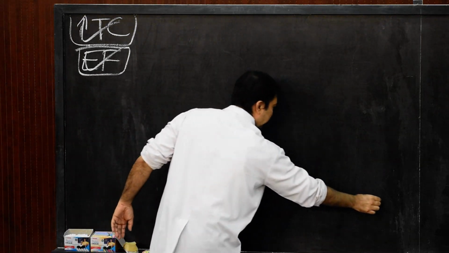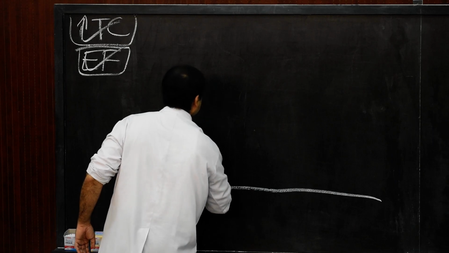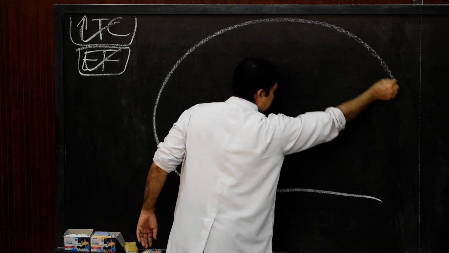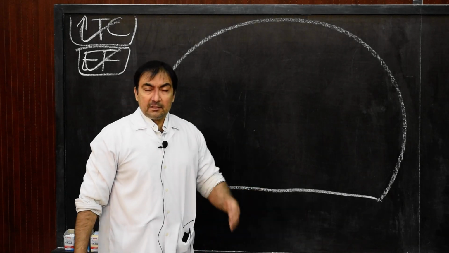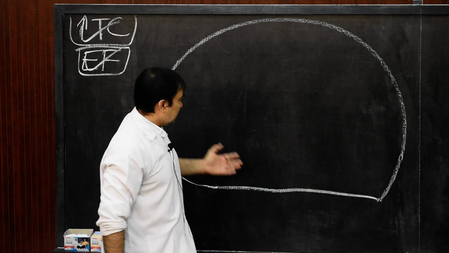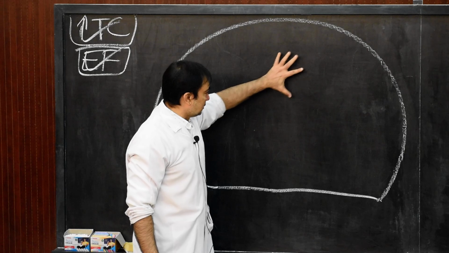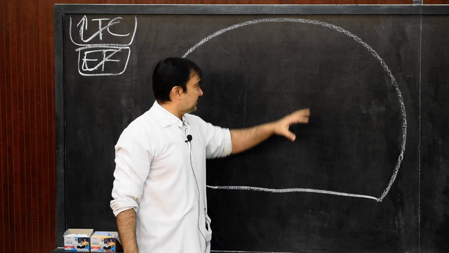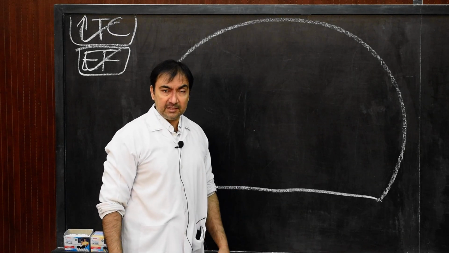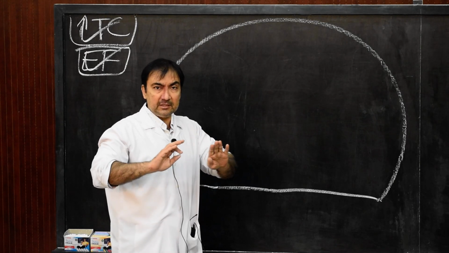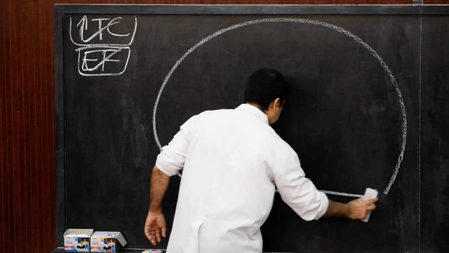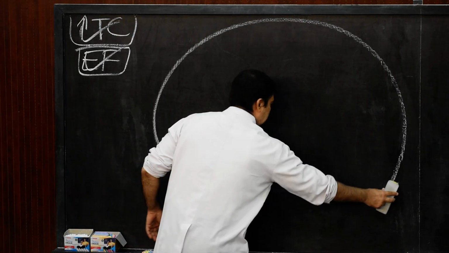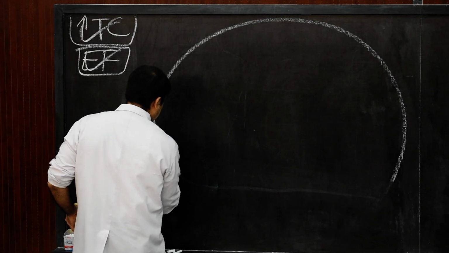For that, we will draw over here the cross section of the trunk, and in the cross section, we are going to draw the transverse section of various structures in which we are going to understand the horizontal disposition of the peritoneum. And for that, this posterior abdominal wall, here we shall slightly prolong it.